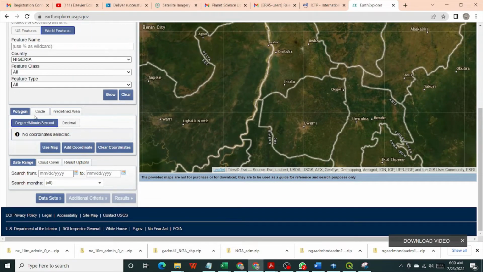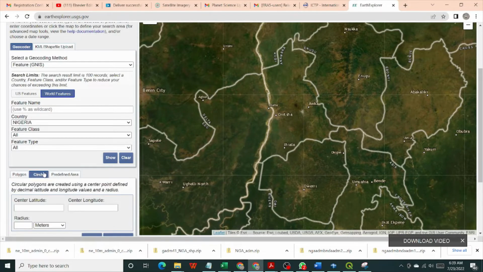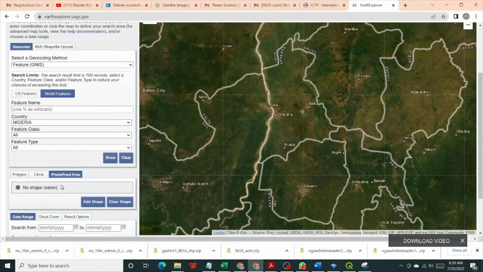Now, in this region, I talked about how you delimit the area of interest. So you use a polygon, you use a circle, or you use a predetermined area. If you use a predetermined area, then you have to load a shapefile. So you click here, add shapefile,